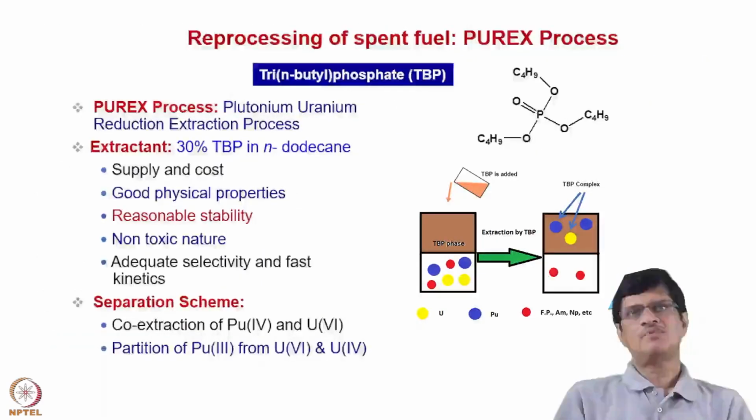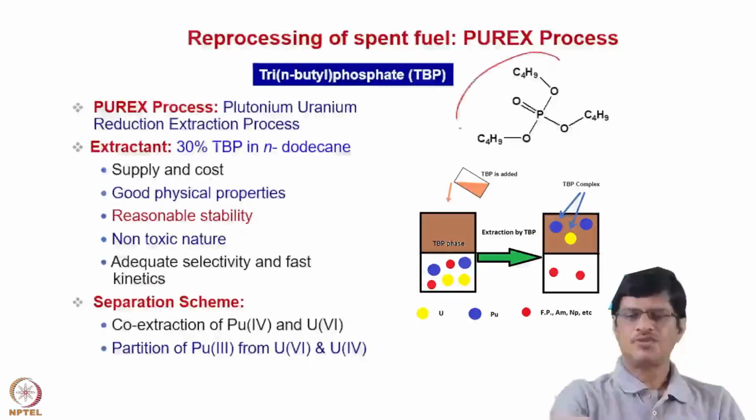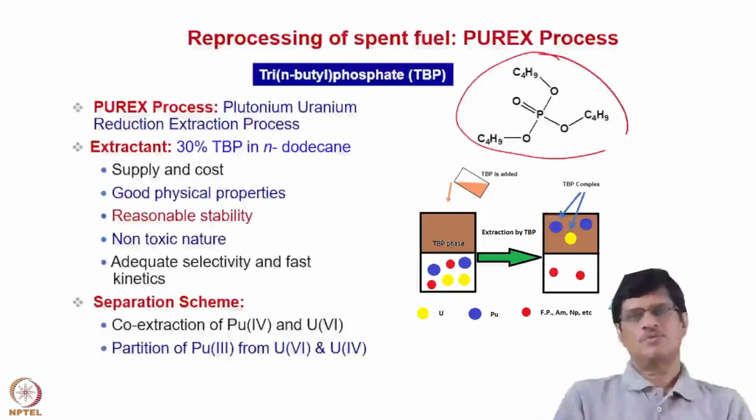Now finally we come to the reprocessing of the spent fuel, which is the application of the TBP extraction, and I have discussed for uranium and also for plutonium. So this process is called the Purex process, or plutonium uranium redox extraction process. Now the TBP, the structure which is given here, forms a complex with plutonium 4 and also uranium 6, that is the uranyl ion, and both these metal ions are extracted into the TBP phase, which is